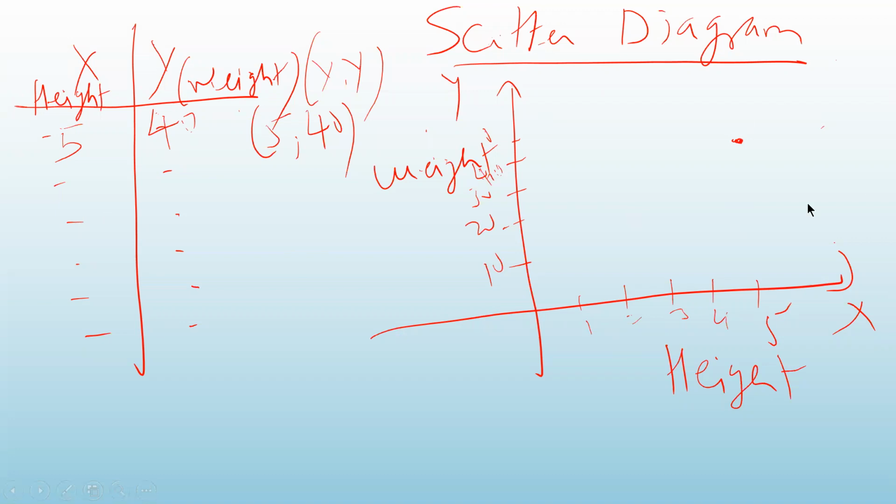From the pattern of these points, one can find out the type of correlation between these two variables. So if the points are showing an increasing type of pattern, like rising, for example, here, if you see the pattern, it is showing an increase. If x is increasing, I mean the height is increasing, weight is also increasing. So if such kind of pattern you see, then we can say that there is a positive correlation.